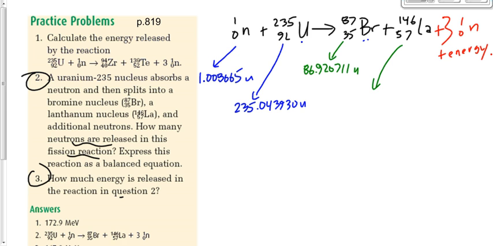Hannah, what's that one? And 3 neutrons is going to be 3 times 1.008665 atomic mass units. Somebody in the afternoon class yesterday asked me where I got those